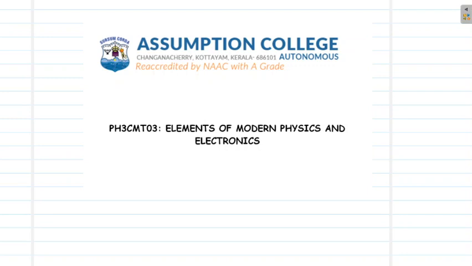Hello friends, in today's video, let us learn about energy production in stars, or stellar energy. Stars emit a huge amount of heat energy as well as light energy, and this tremendous amount of energy comes neither from chemical processes nor from any gravitational process. The reason for the energy production in stars is actually nuclear fusion.